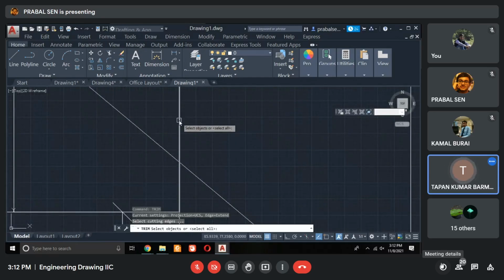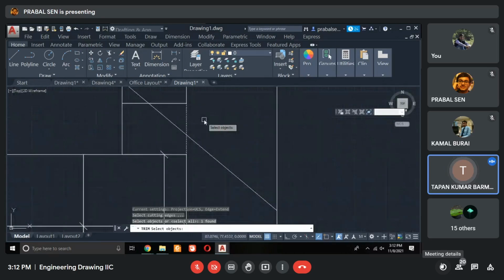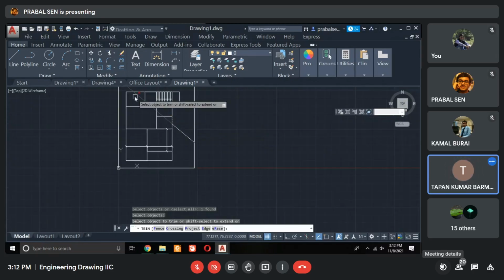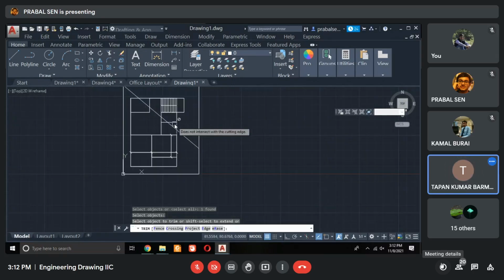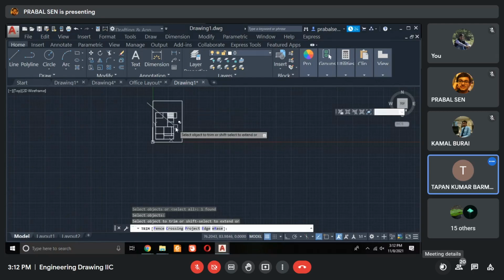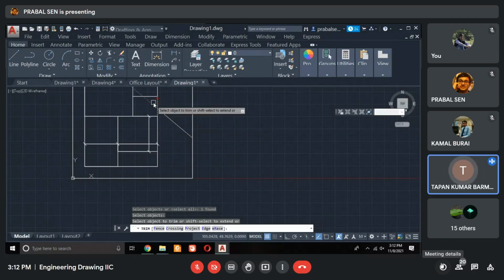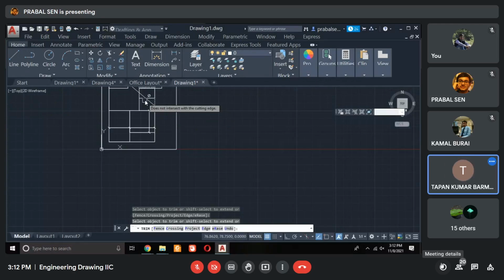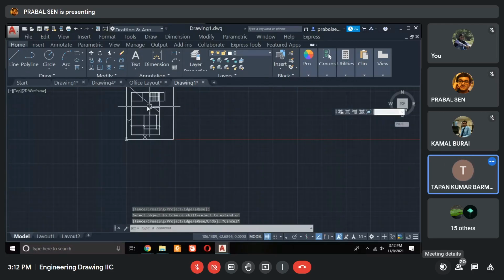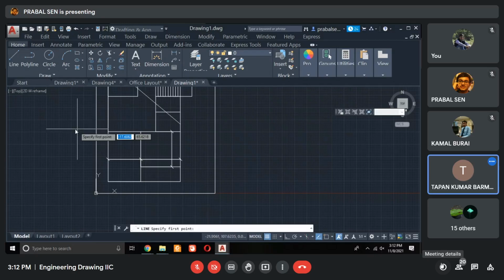Select that line, enter. Now you try to trim your object. Now can you delete or trim the whole part? Is it working now? I think it is okay now, right?